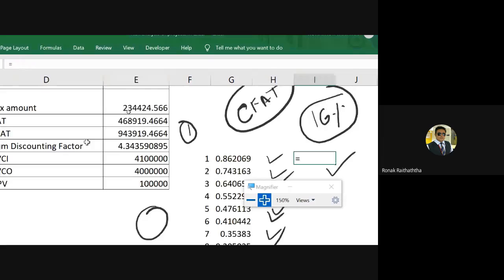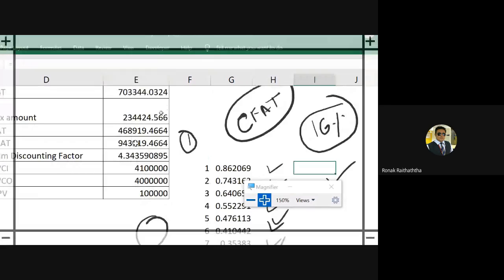So I am taking 8 years of cash flow after tax. Cash flow after tax is how much? 943,919. I'm locking that cell so that it remains the same. I'm copying it across, because in all of these years we are supposed to get this much cash flow after tax. And here I'm writing a minus, using the cash outflow, which is minus 40 million. So once you have arranged all your cash inflows and outflows, then you can definitely find